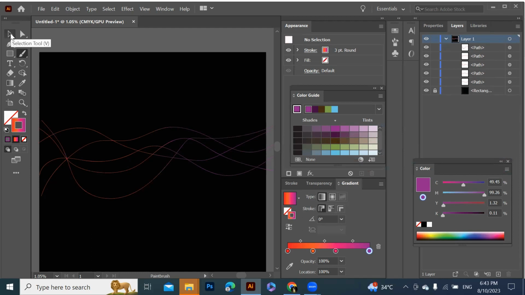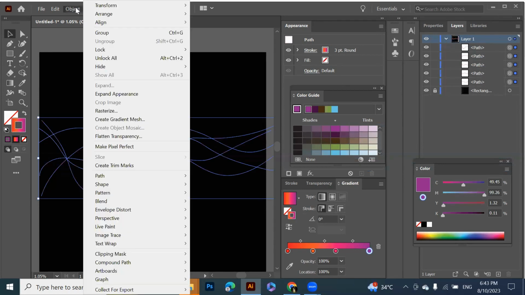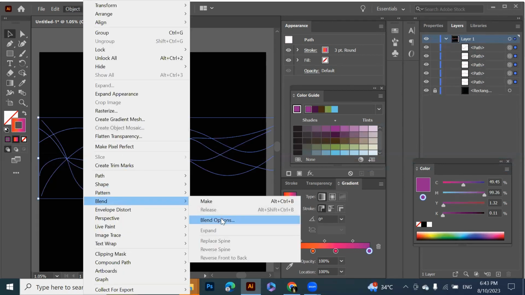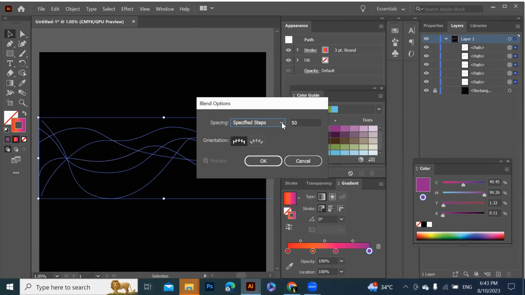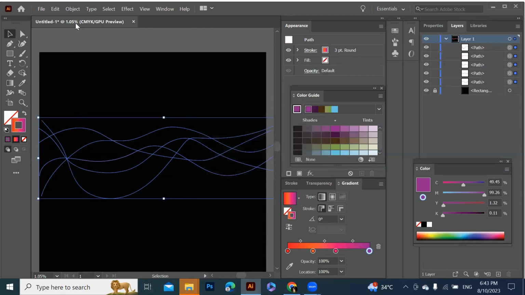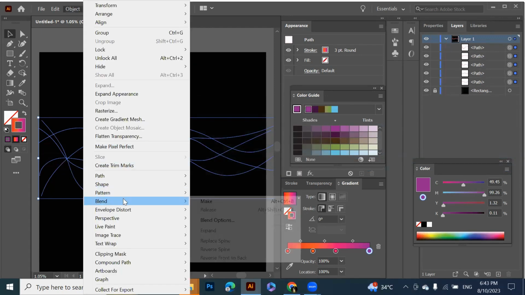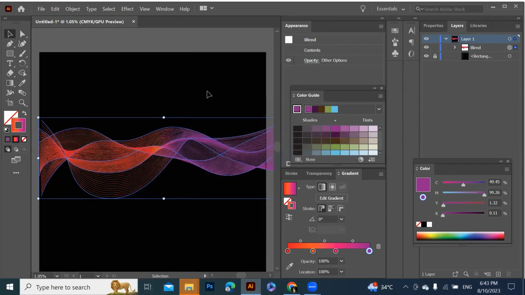Okay, select all brushes using the selection tool. Just select the brushes, go to object, blend, blend options, and choose specified step. You can choose 50 or 30. Let's make it 30. Hit OK. Then again, go to object, blend, and make. See,